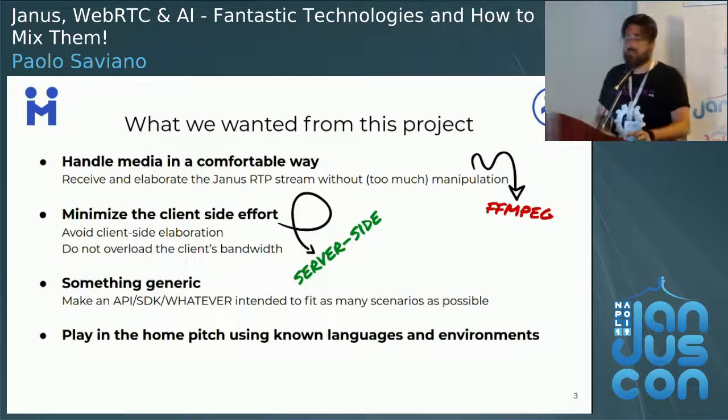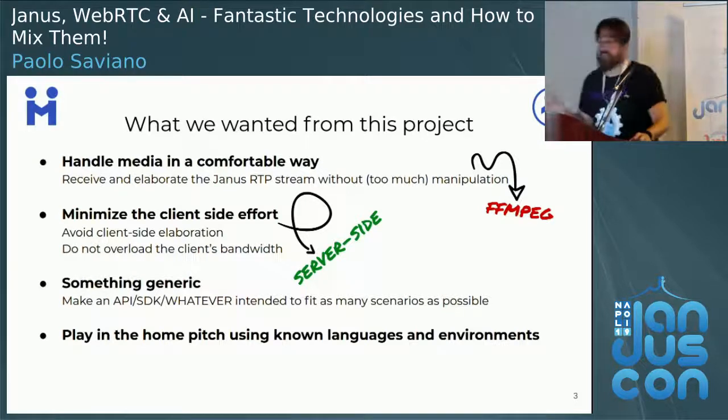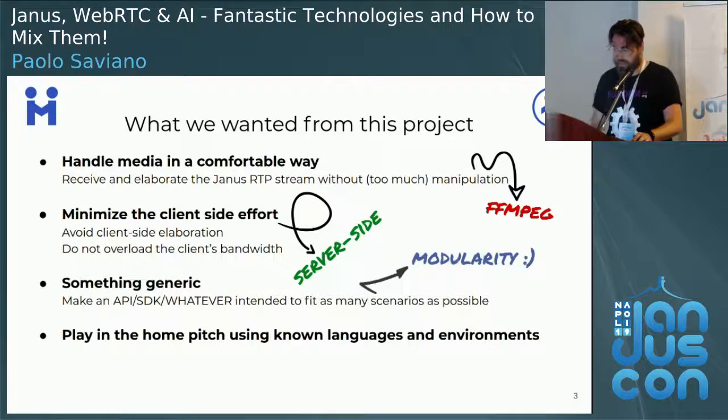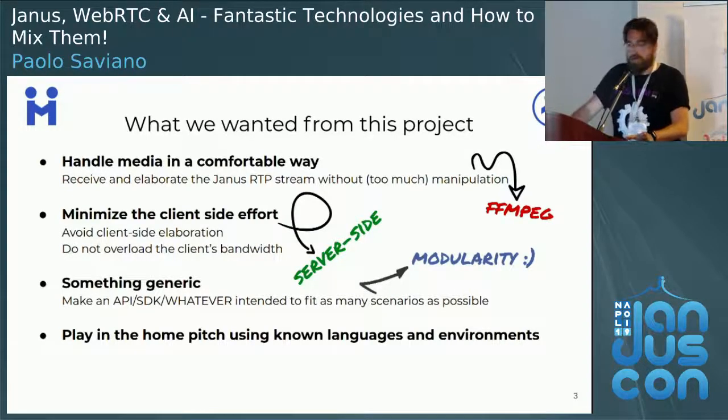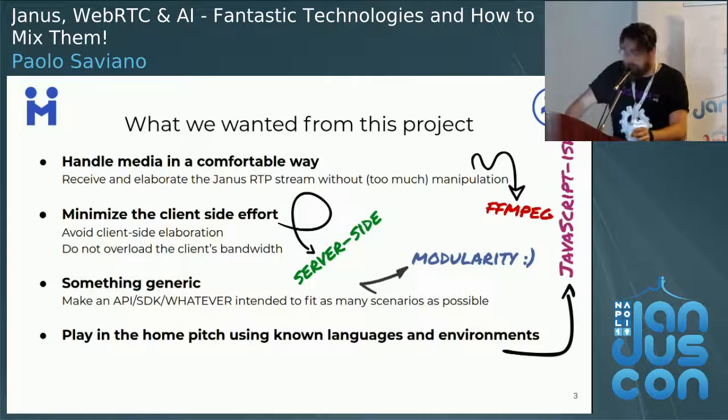For these reasons, we developed a server-side application. As I said, there is no specific application we want to realize. And taking into account the whole machine learning world, it would require too much effort. And so we prototyped something modular, capable of growing gradually together with our needs. And finally, we'd like to use a language in our comfort zone, like JavaScript.